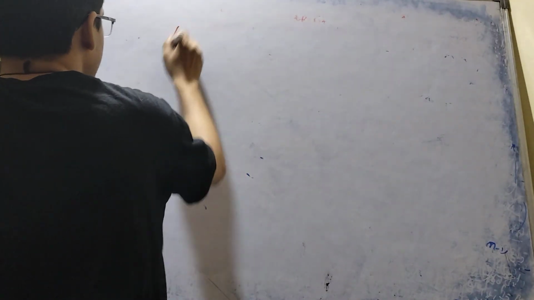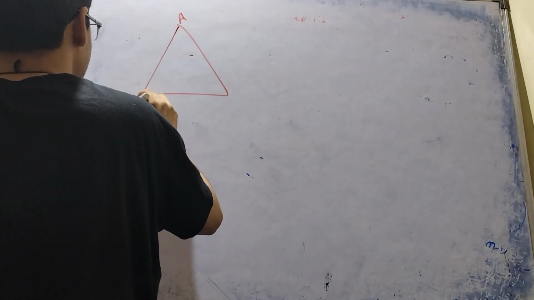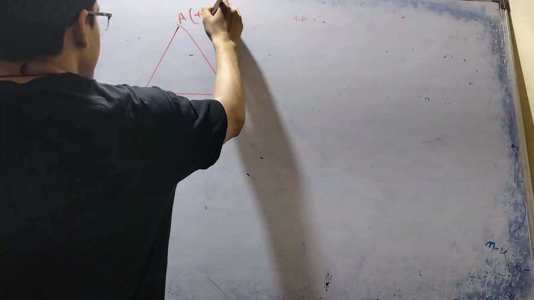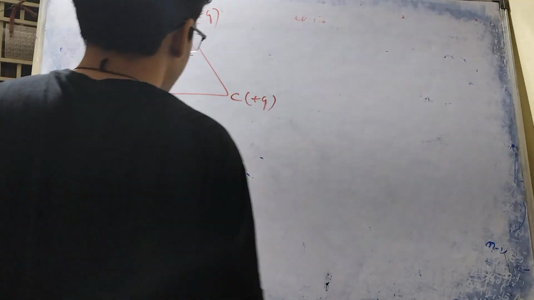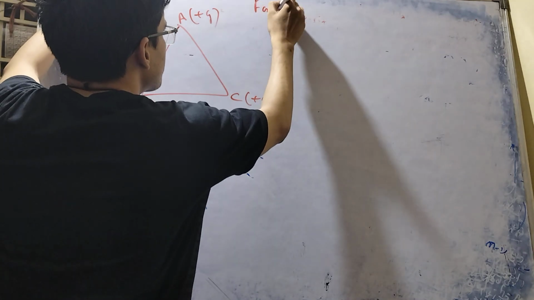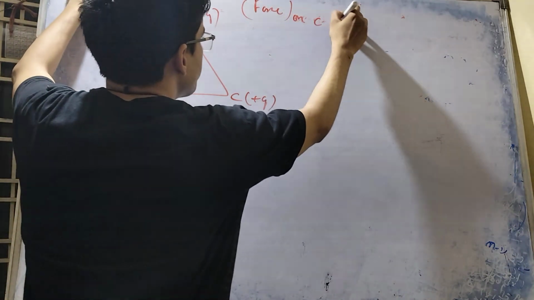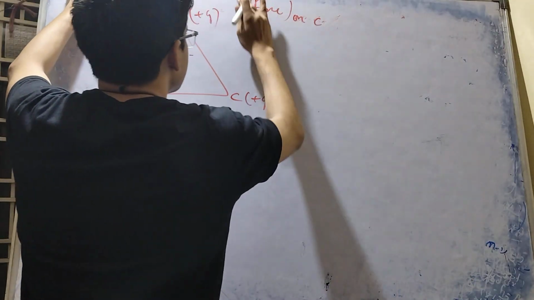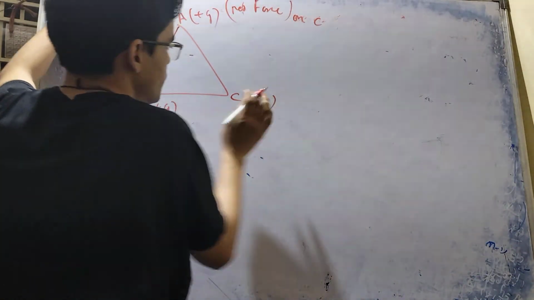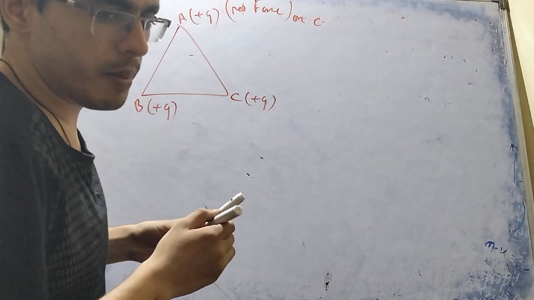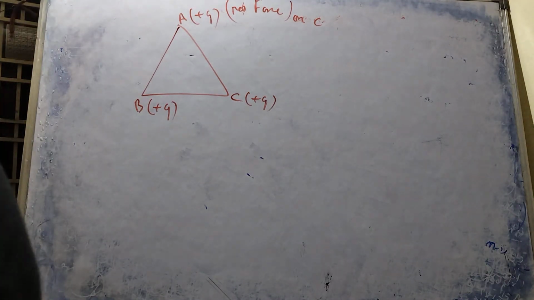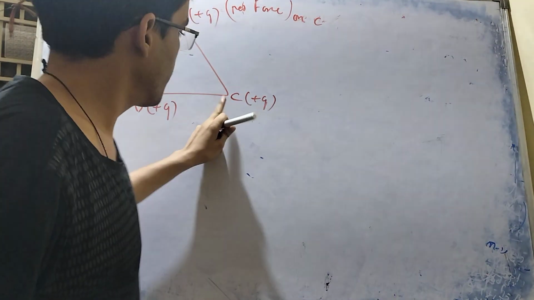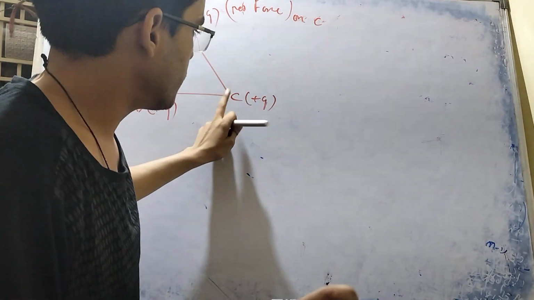Suppose we have one triangle ABC. Here plus Q charge, here also plus Q charge, here also plus Q charge. Force on C, net force on C means here you have to get the net force. Okay, net force here, see here. If you want to calculate the net force here,